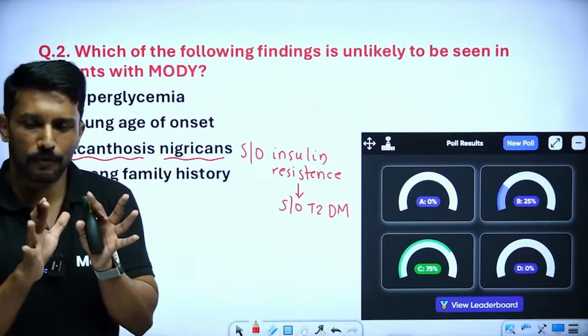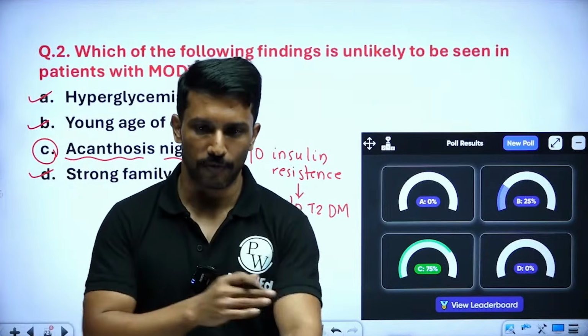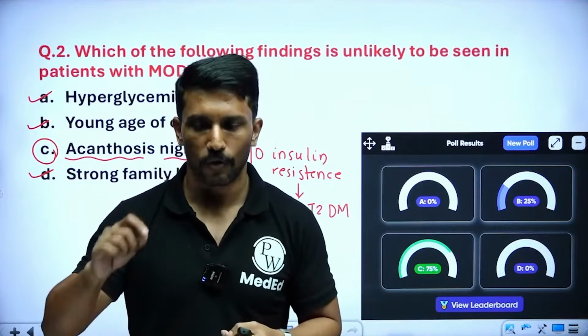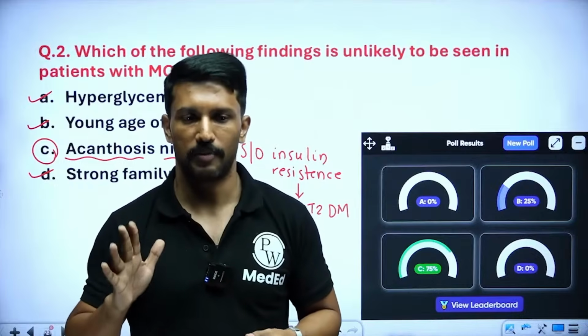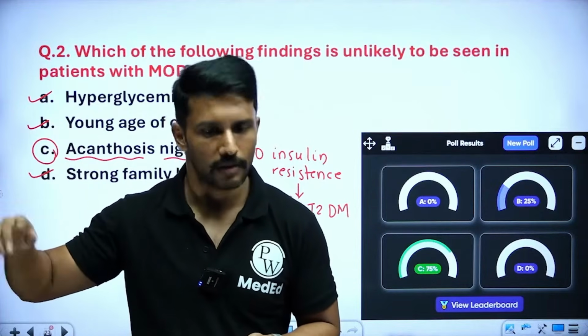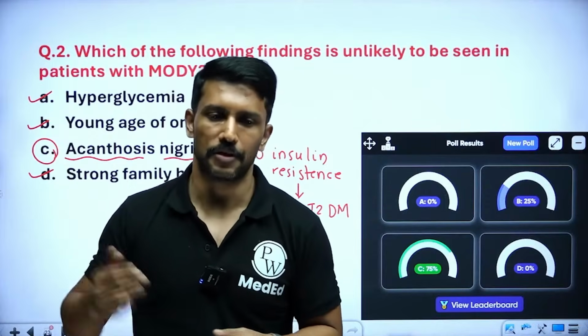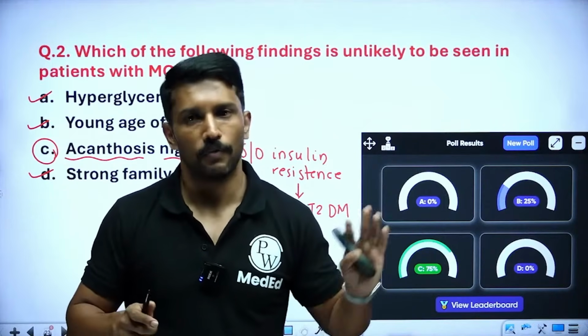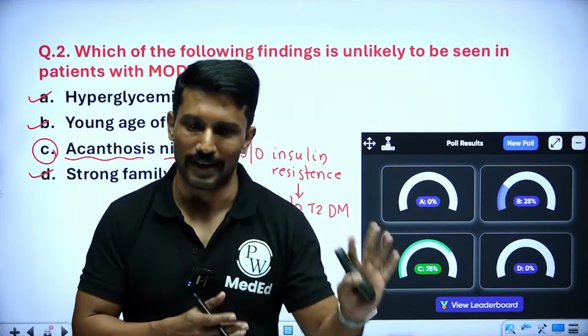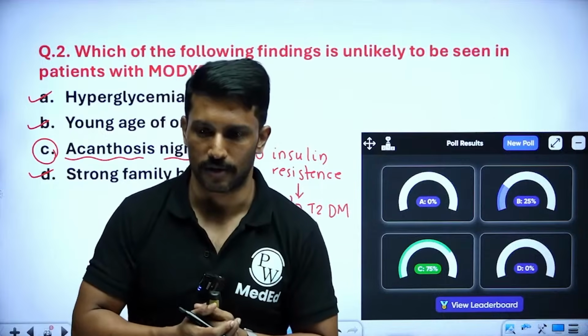So I hope we have a fair idea about the different types of diabetes today. What I would suggest is now go back to the Q bank and solve the questions on the types of diabetes mellitus. Don't worry too much about the clinical features or the management. We will discuss that in the subsequent session. And once we complete the diabetes, we will run through a special quiz. We will cover all the important MCQs from the diabetes before we take the next endocrine disease, right?